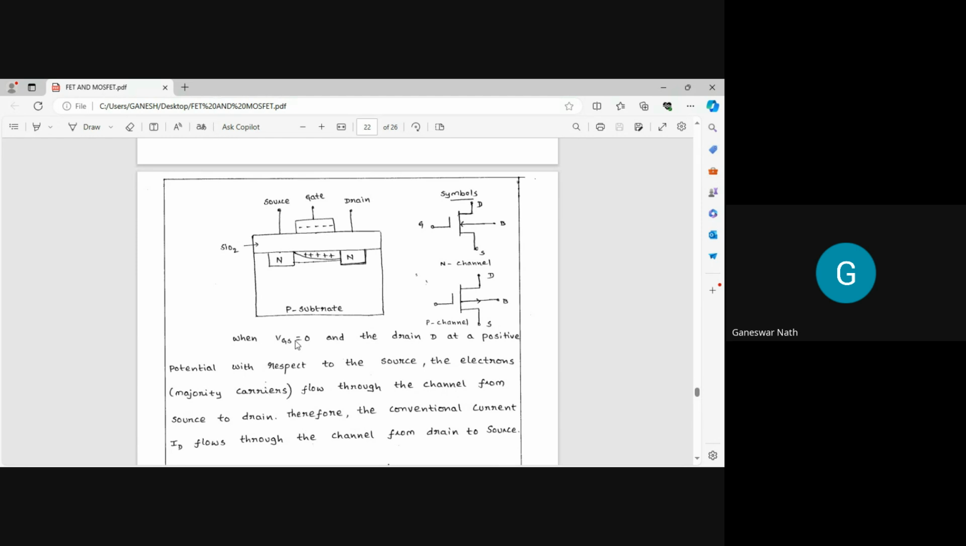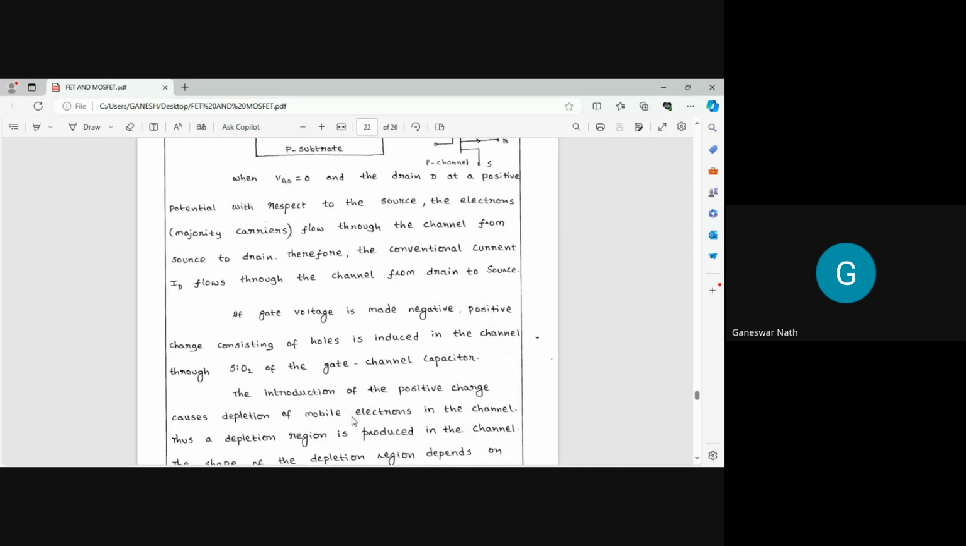So what happens when I put the gate source voltage at 0? The drain is at a positive potential with respect to the source, so the electrons as the majority charge carriers flow through the channel from source to the drain, and therefore the conventional current ID flows through the channel from drain to source. Then, if the gate voltage is made negative,